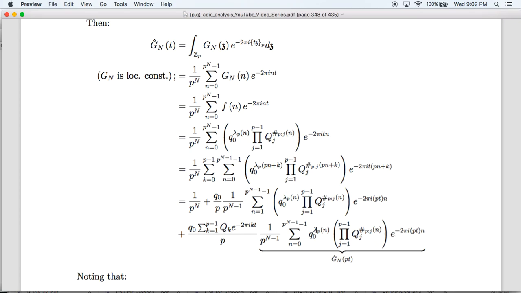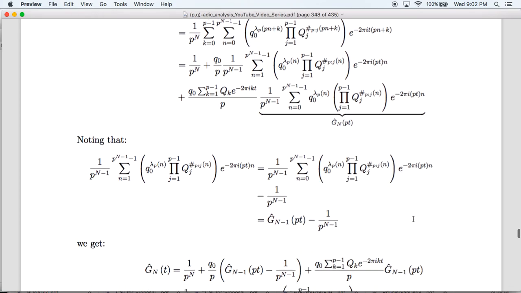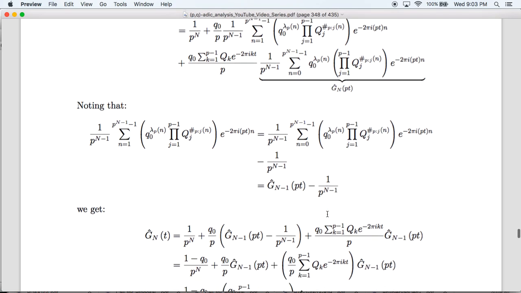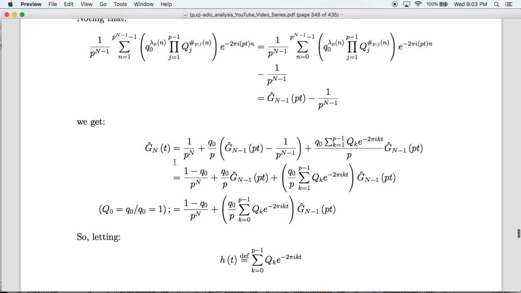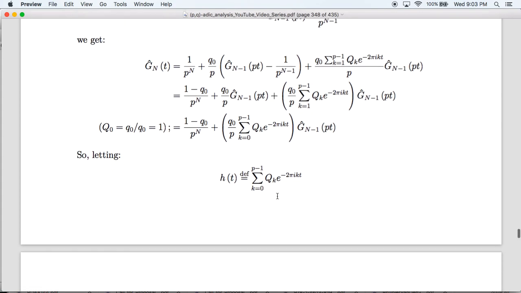And this, we just recognize that this is g_n hat of p, this should be an n minus 1. This is g_(n-1) hat of pt, and that's because the p and t are right there. And then we just play around with things here. The sum from n equals 1 is just the same thing as if we take the n equals 0 term and subtract it. So this is g_(n-1) hat of pt minus 1 over p to the n minus 1. And so lots of details. We then just play around with things, rearrange, rearrange, rearrange. This is h of t, and we get our